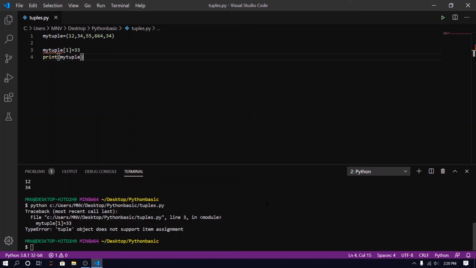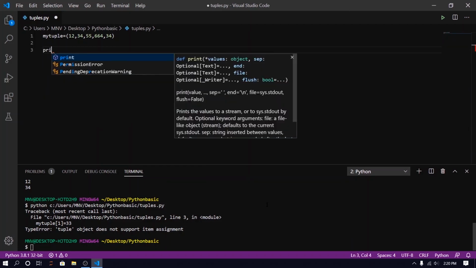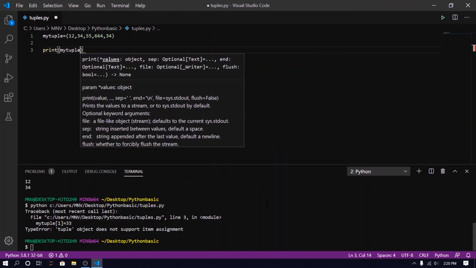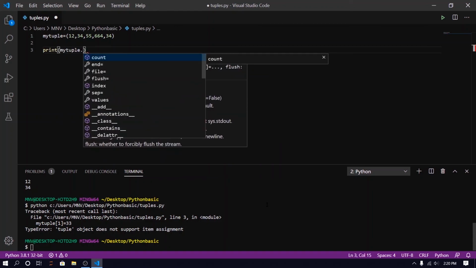What are the methods we can use on our tuple? When I do my tuple dot, you can see that we have only two methods, count and index, that we can use on our tuple. We do not have methods like append and all those things, because our tuple is immutable.